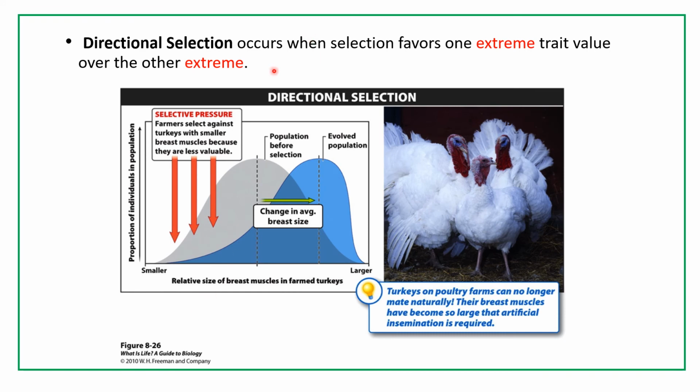Directional selection, and I'm reminding you, we're talking about natural selection, right? We talk about disruptive selection, stabilizing selection, and this one, the last mode, directional selection. So directional selection occurs when one extreme is favored over another extreme. As an example, over here,